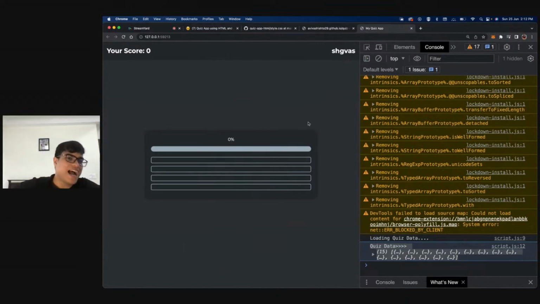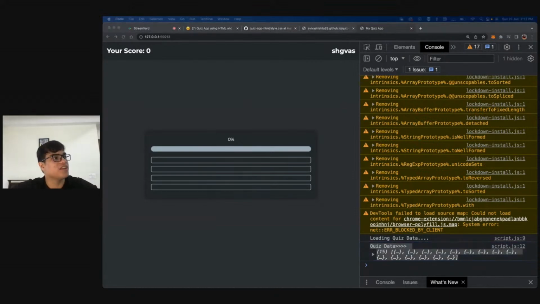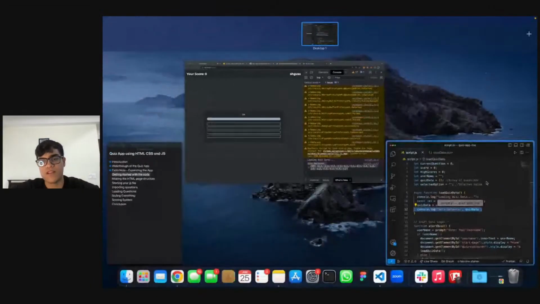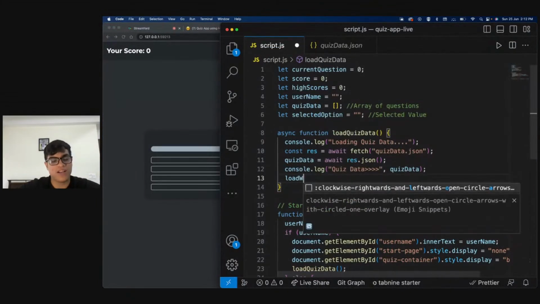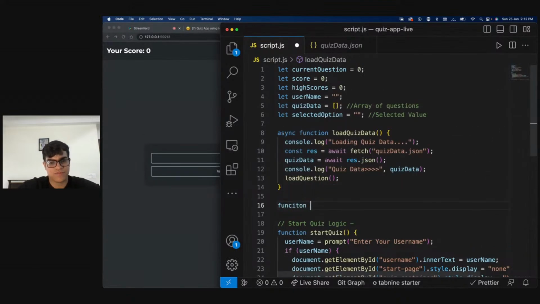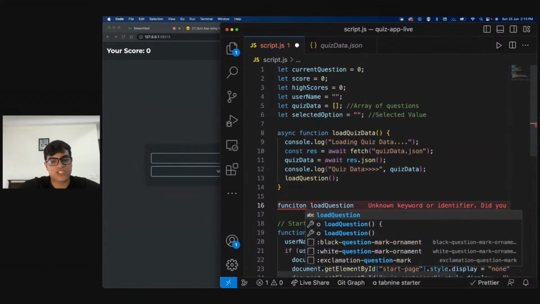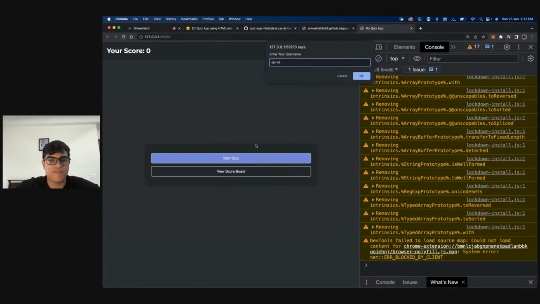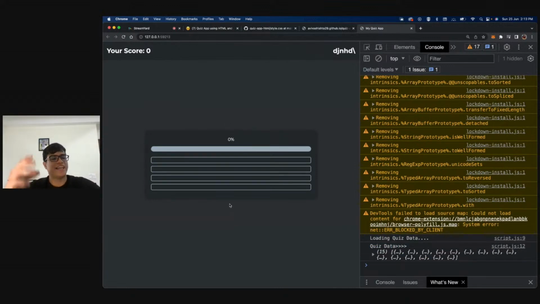Great. So now that we have an array of questions, what do we need to do? We just need to load the question. So I told you guys that we will be breaking it down into functions, right? So now I'll call a function called load question. What will this load question do? This will just display the question on the screen. Does that make sense? Because right now, all of this div was empty, right? I need a function to say that now you will be putting all of these questions there. Correct?